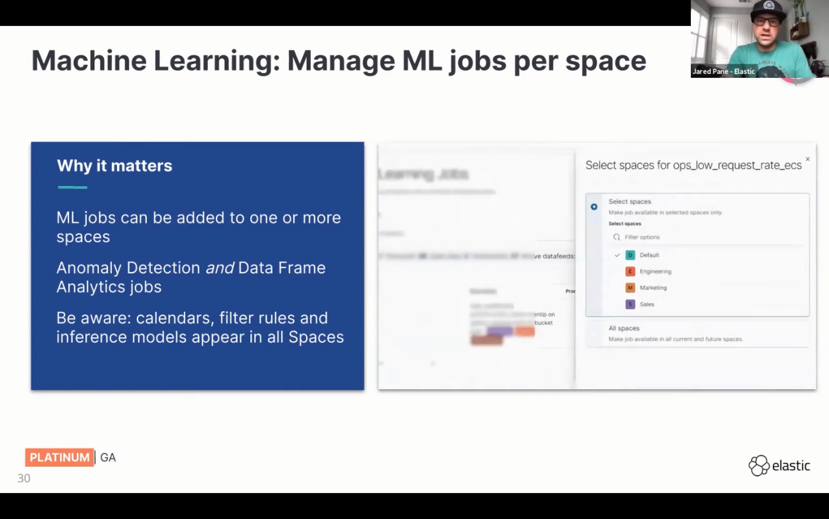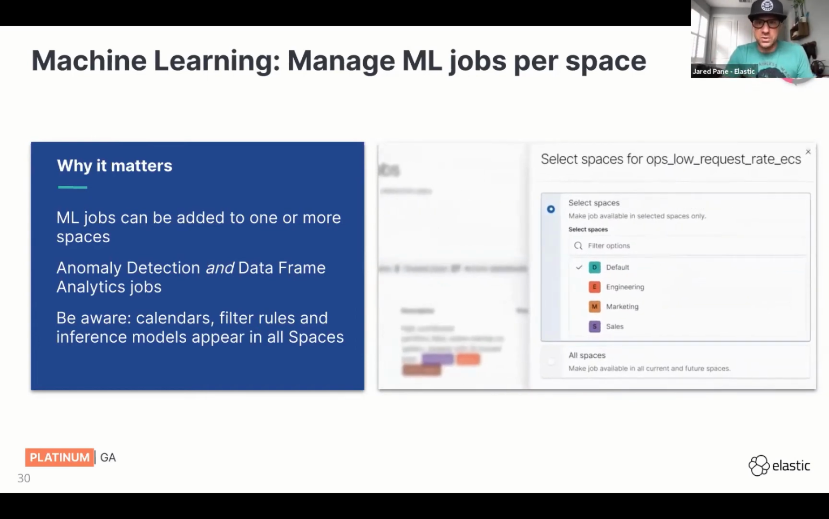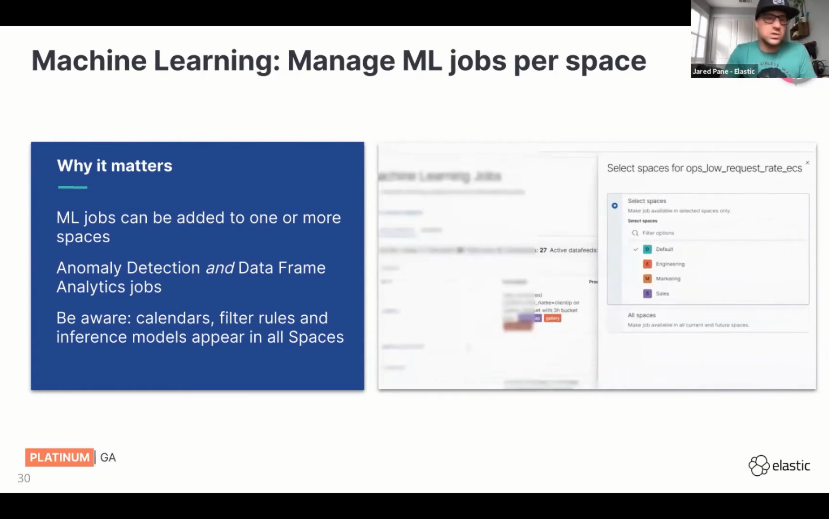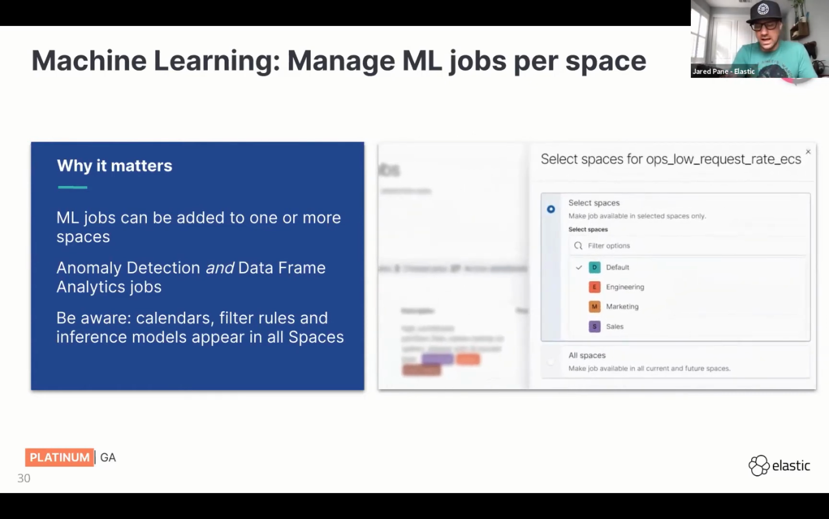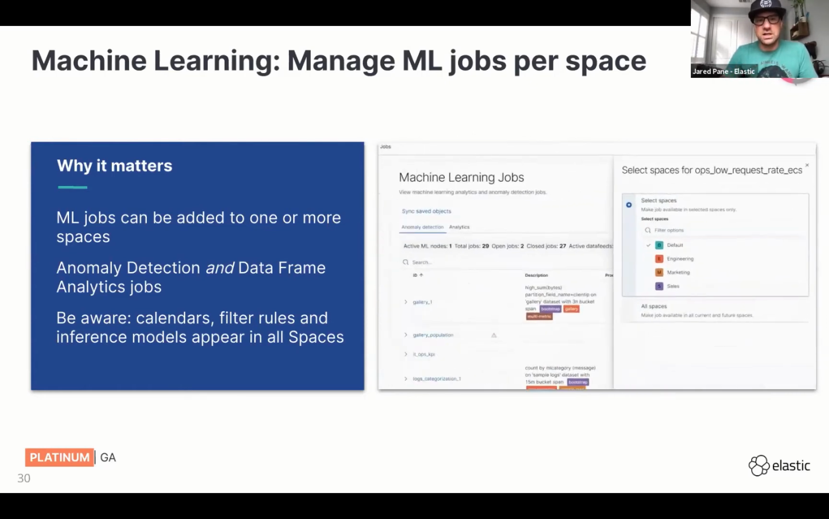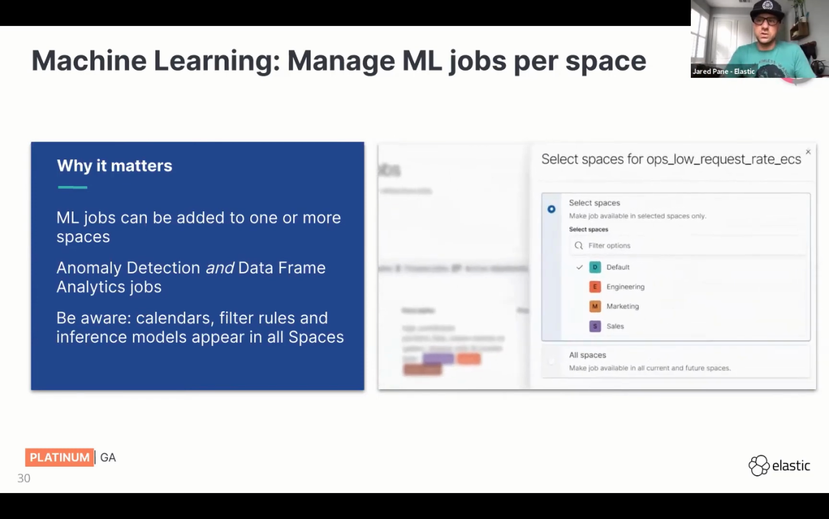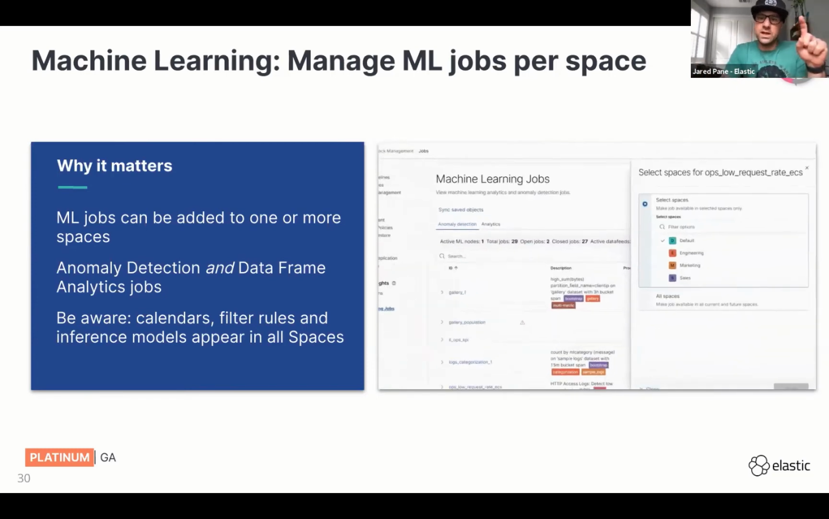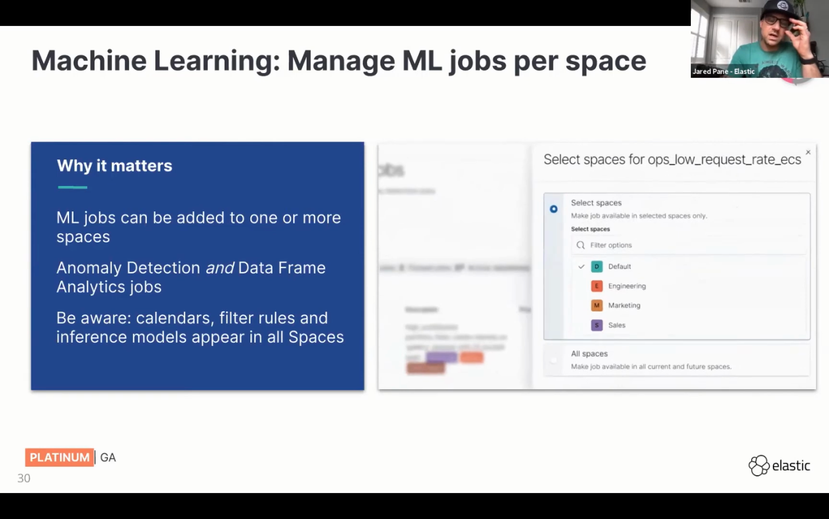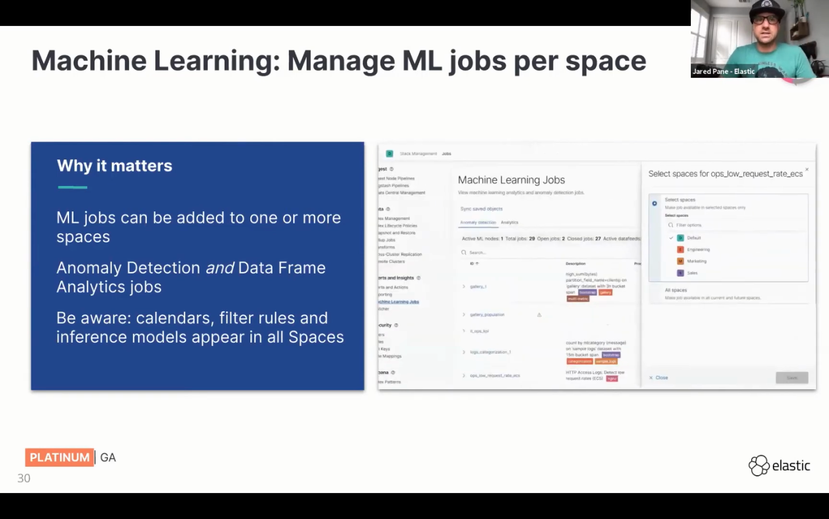What we did is we were able to manage machine learning jobs per space. Prior to this, you could not, right? And so you can add machine learning jobs to each individual space now, as opposed to just making them universal. With that said, if you're not sure what the space is, think of space as